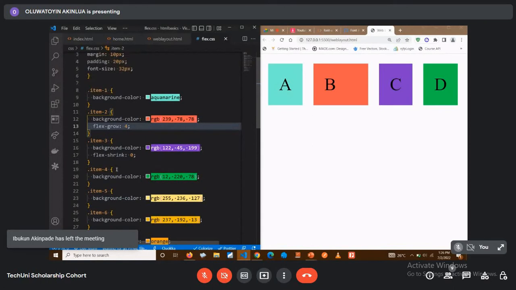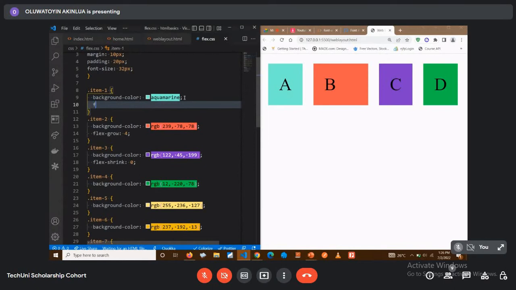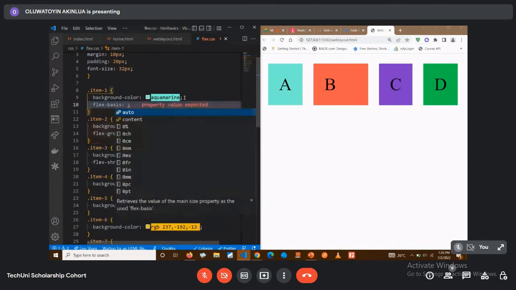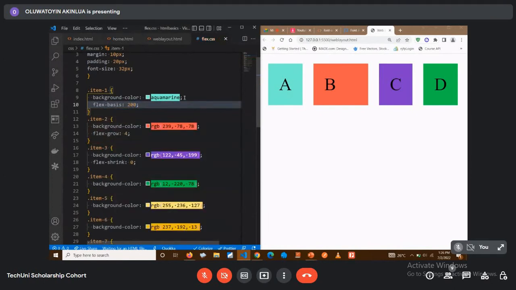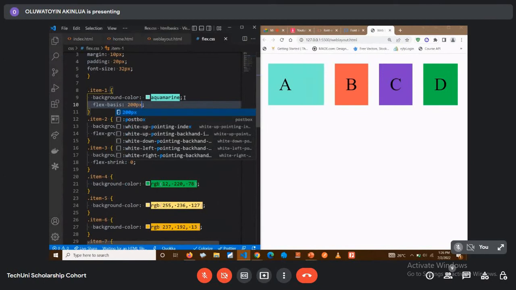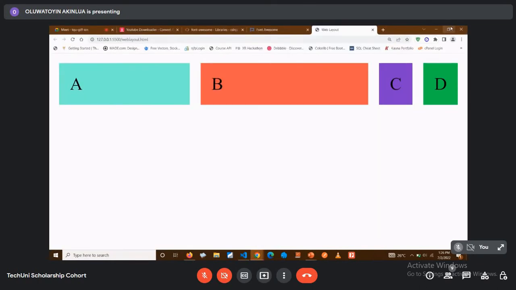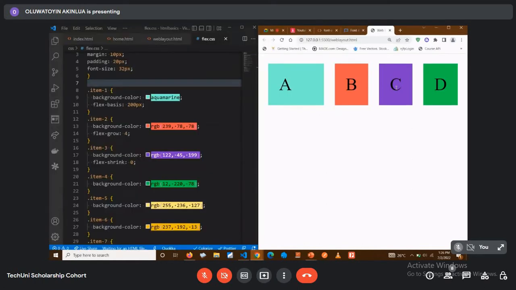So let's make this one now, flex basis of 200 is there. This is how it will be. As you can see, the item is shrunk to fit in the space